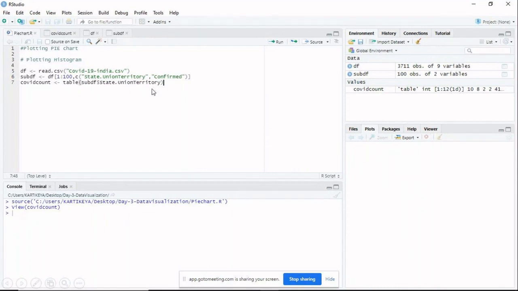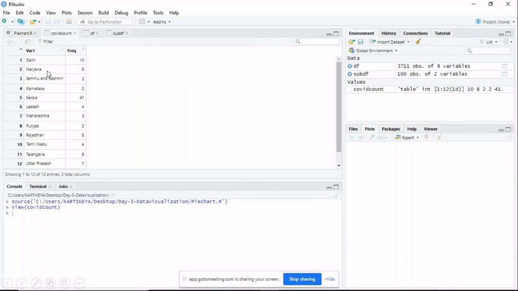Now when you display this, see here. What happened here? The table command summarized the different values. Suppose in the previous case your Uttar Pradesh is repeated more than one time, or your Telangana is repeated more than 10 times, it is listed in the column.